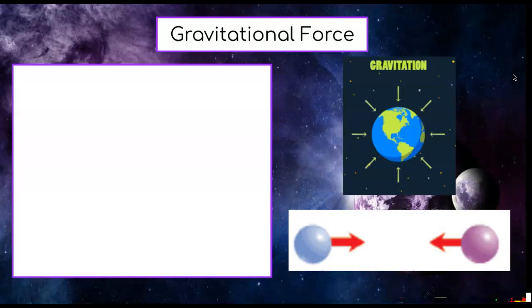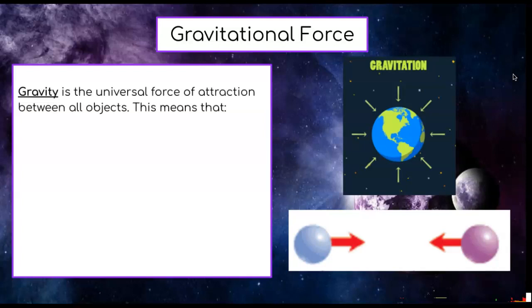You probably think of gravity as the reason why when you drop something, it falls to the floor, or if you jump up, you come right back down. But gravity is the universal force of attraction between all objects. So we know that gravity pulls us back down to the ground, but let's break down this definition to truly